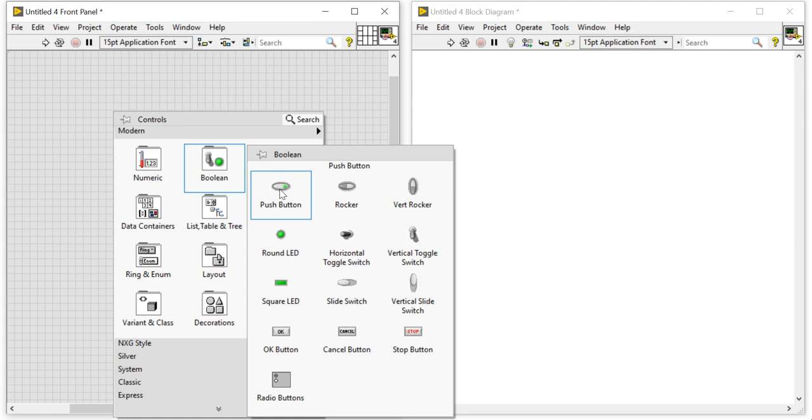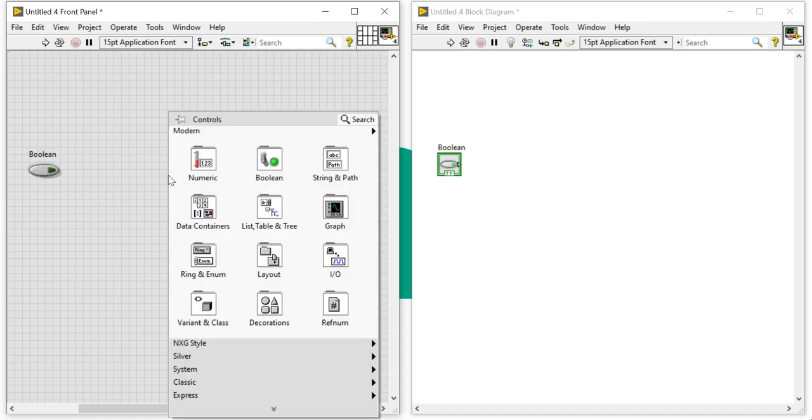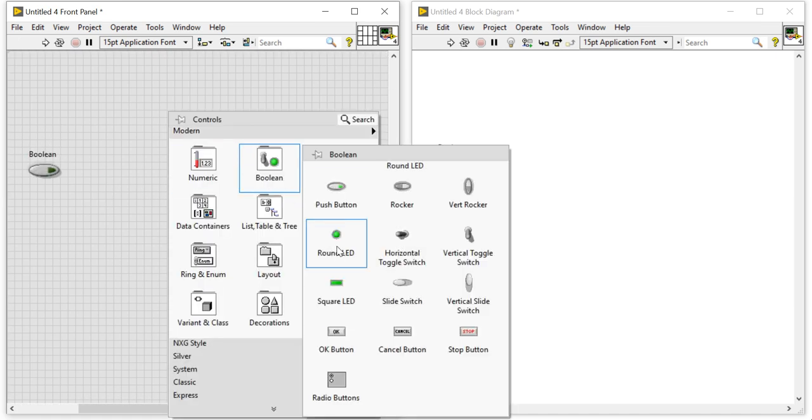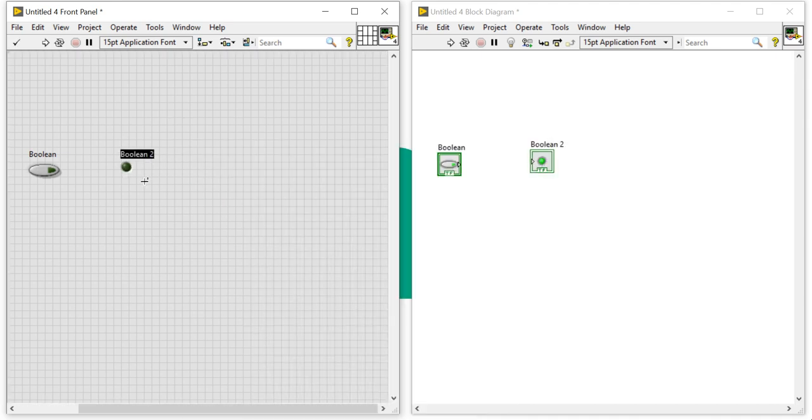In LabVIEW, we get the Boolean in the manner of switch and LED. So here I am taking one Boolean control. The Boolean control name is push button. And here I am taking one more Boolean, and that is LED.